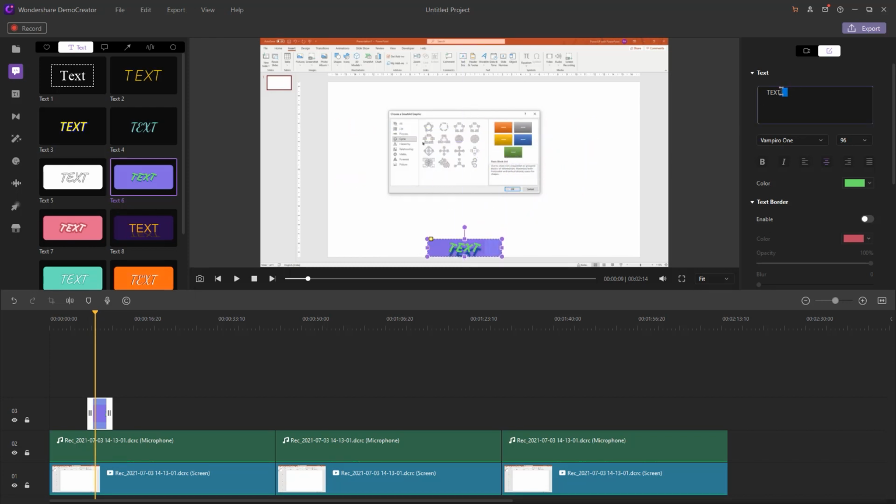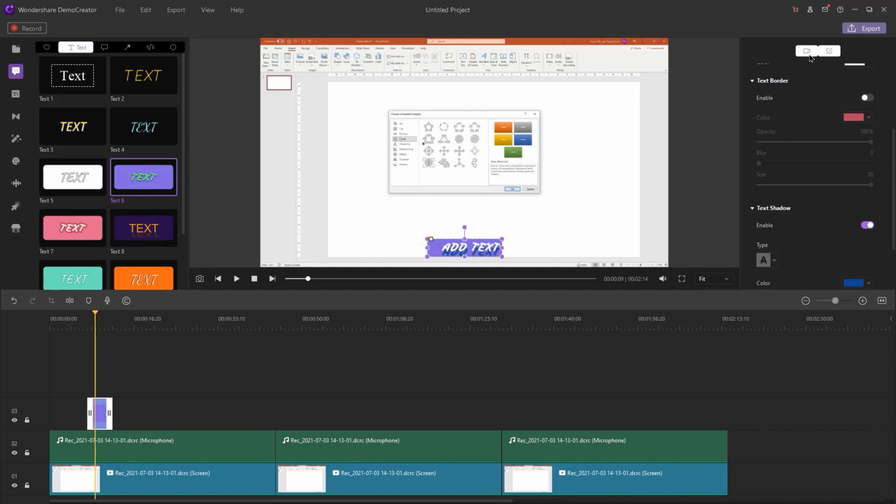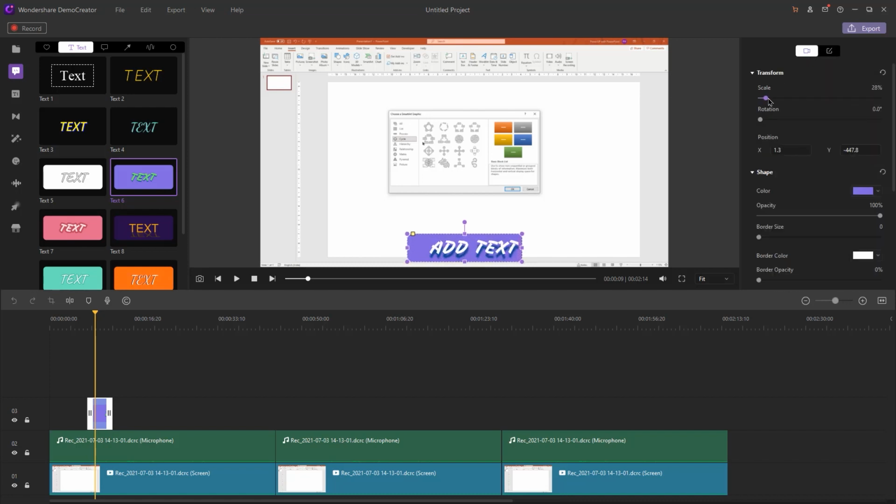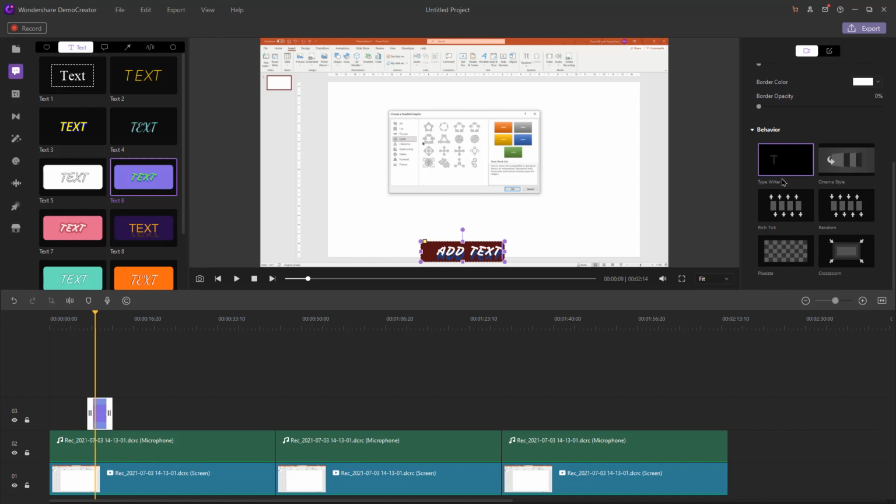You can edit the text and format it by changing its font properties like font type, size and color. At the bottom, we have the option to add or remove the shadow effect and even control its color. Under the transform section, we have the option to adjust the size and positions and change the shape color as well. Again, at the bottom, we have new effects called behaviors, and these will add the animation effects to the text fields. Say if I apply this effect, the text will animate in the same pattern.